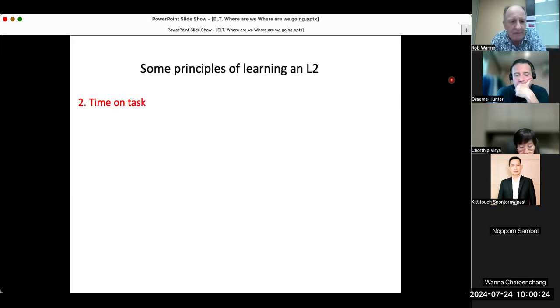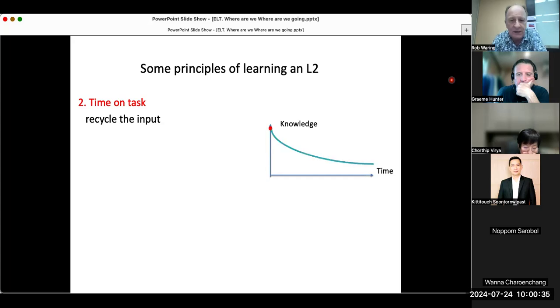The second thing is we need to have massive time on task. So we need to make sure that any language that we do teach or present to students comes back again soon. And the reason for this is because of this thing here known as the forgetting curve, which is probably the single most important concept in education, I would say. If I was to distill education down to one important thing, this is probably it in terms of how we